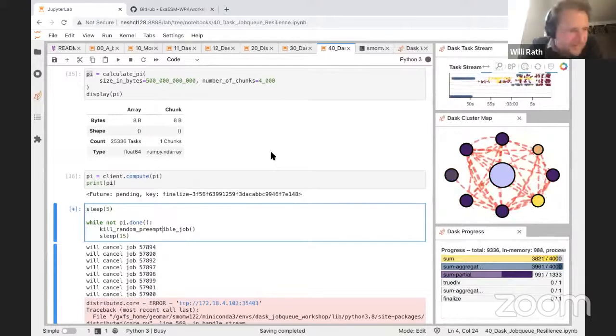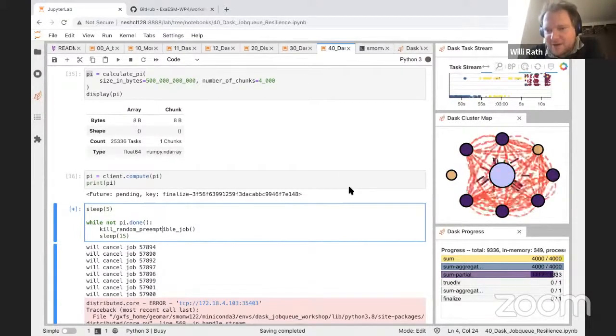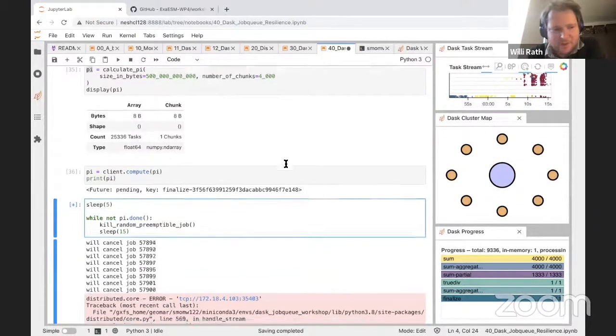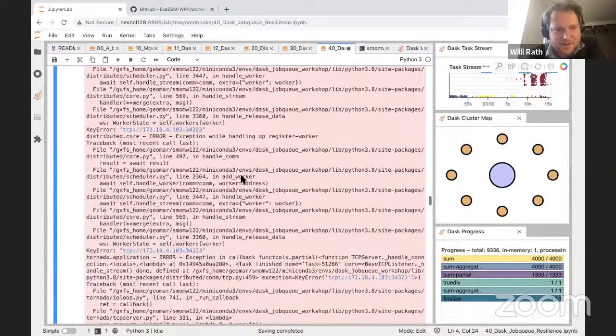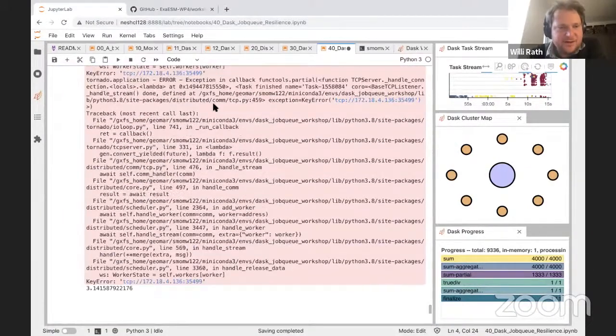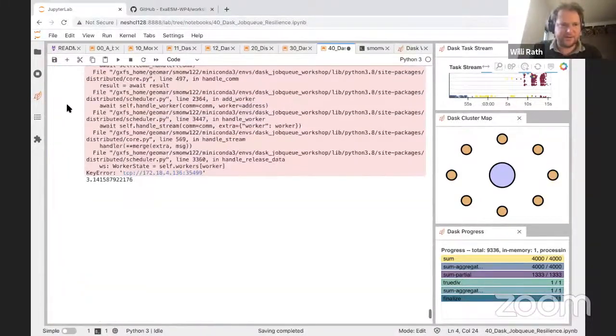If there was interaction with the people in the stream, I would ask, why is that? Is there maybe a way we can reshape the calculation to be more resilient? Now, at least we see that after many of these errors, we get to some number pi, but we should ignore all this and